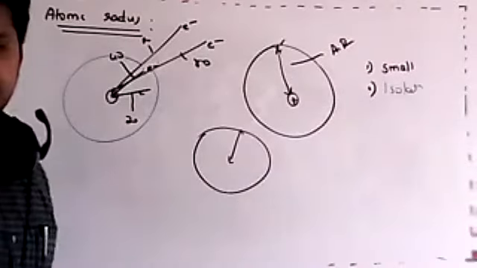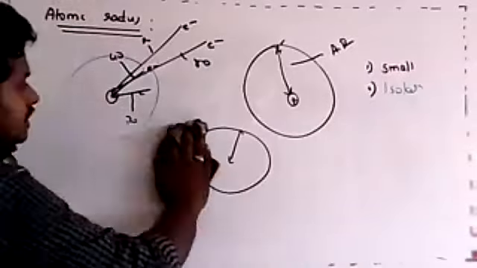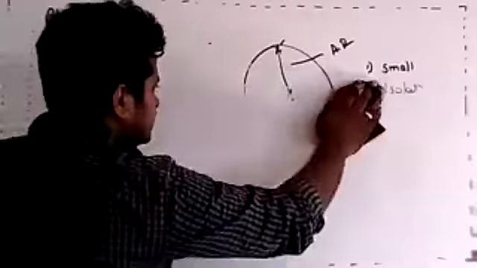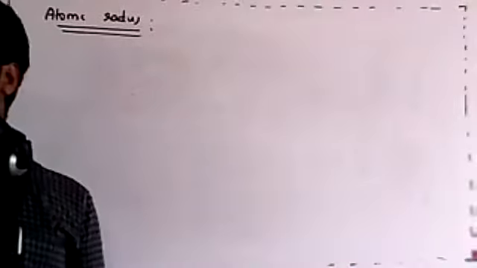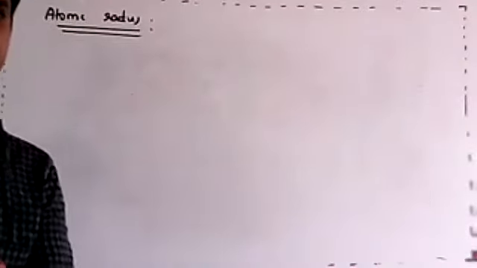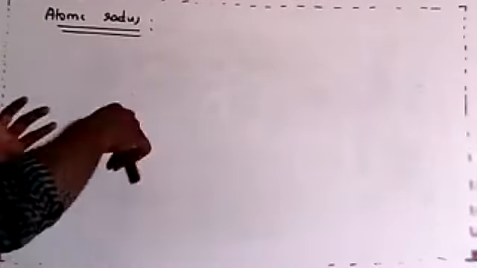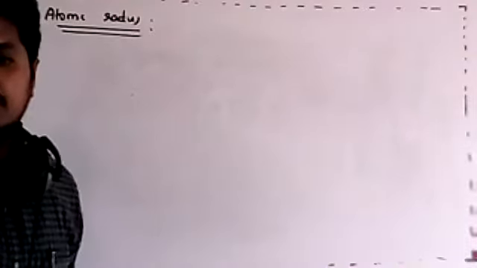So that is the reason, dear students, it is impossible to find out the atomic radius directly. It doesn't mean that we cannot find it at all. Yes, there is a way to find out. Even though the electron's position is continuously changing, there is one thing which is fixed. What is that? Not the path. In an atom, what is that thing which is always fixed? Electrons will be continuously moving.